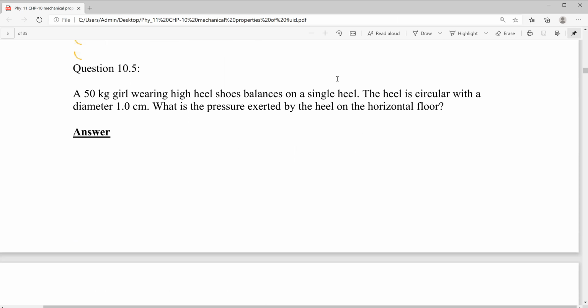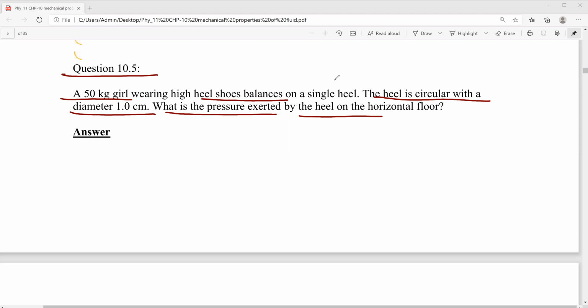So here, the question is 10.5. A 50 kg girl wearing a high heel shoe balances on a single heel. The heel is circular with a diameter of 1 centimeter. What is the pressure exerted by the heel on the horizontal floor? So like this they ask the question. So for 10.5,